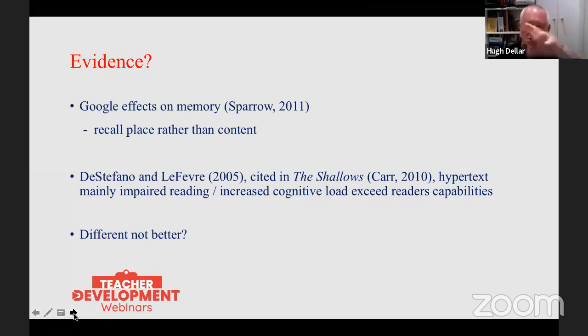Because what's happening is we're getting distracted all the time. There's all these images around the text we're reading. There's hyperlinks that we click. We vanish down the rabbit hole and we forget what we were reading in the first place. We get a pop-up message come in through WhatsApp. When you're reading on paper, there's no distractions apart from the outside world.